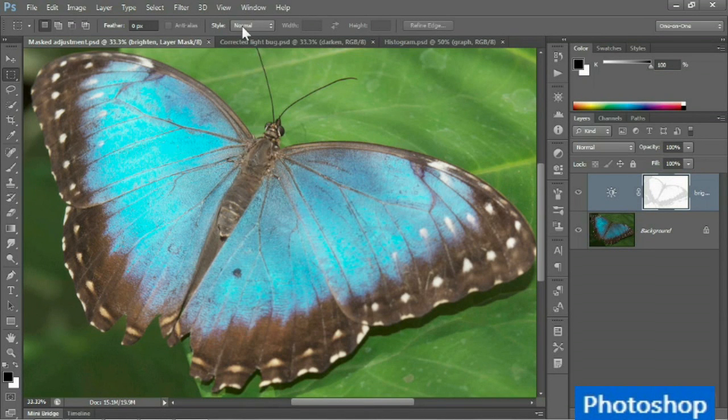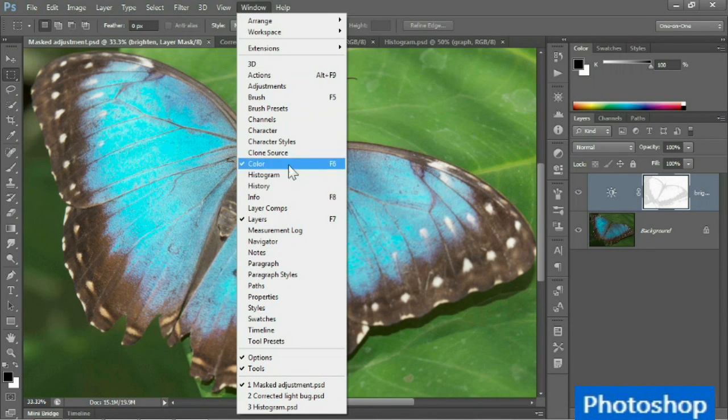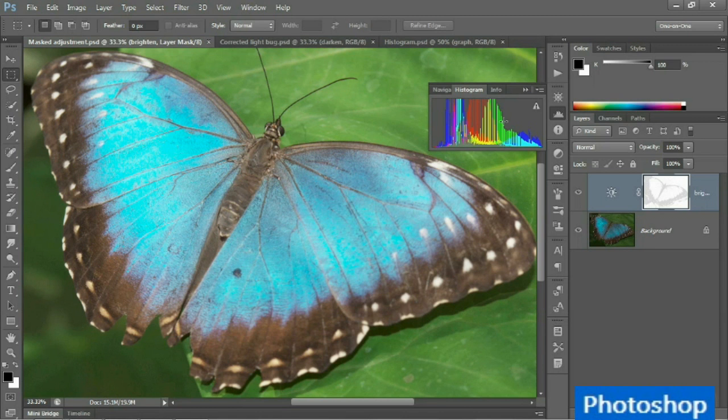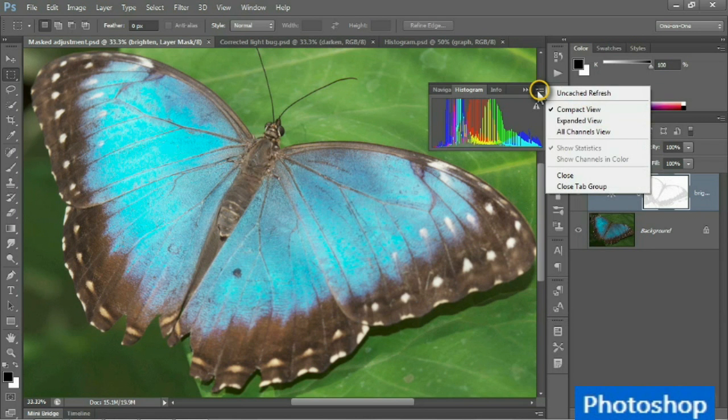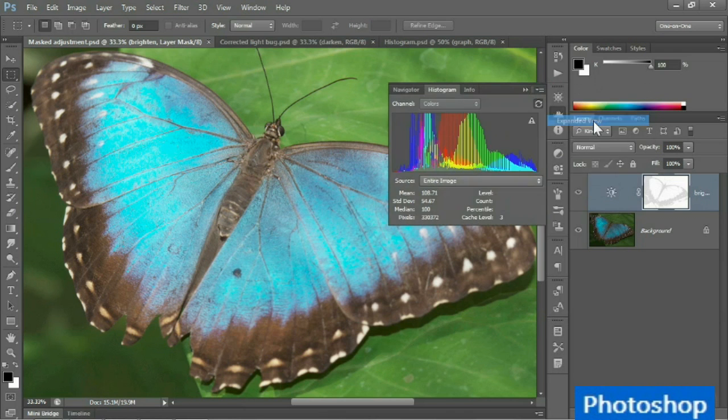Now to see the histogram, you go up to the Window menu and choose the Histogram command, which brings up the Histogram panel. What this is, is a bar graph of the various luminance levels inside the image. You may see it in color, you may see it in white. To make things a little less confusing, click on the flyout menu icon and choose Expanded View in order to increase the size of the graph. And then go ahead and switch the channel from Colors to Luminosity so we can see the core luminance levels